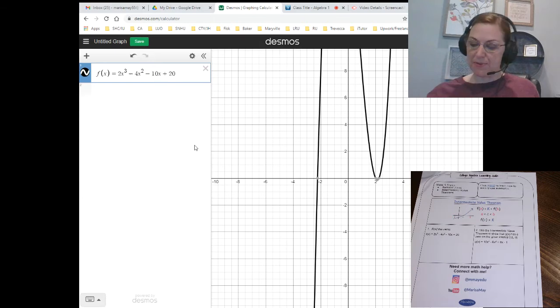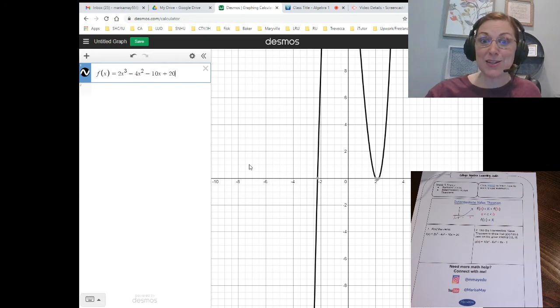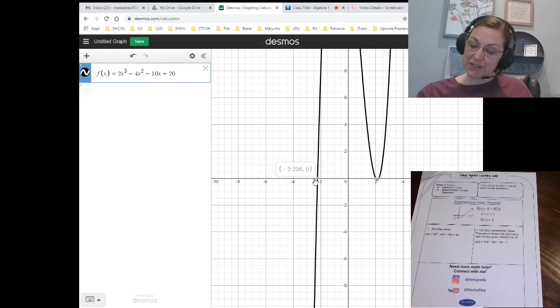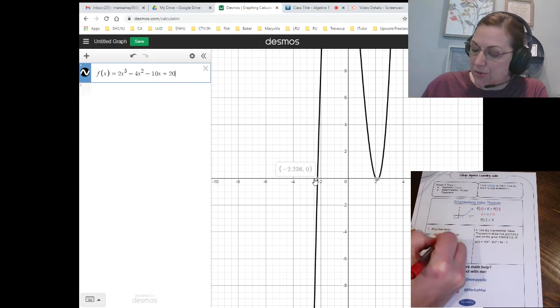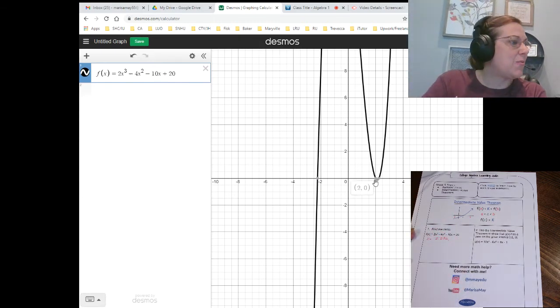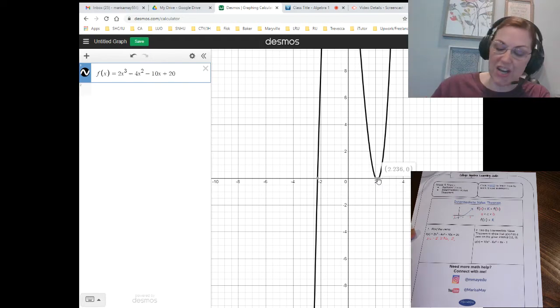Now, remember, finding the zeros, roots, solutions, x-intercepts, they all mean the same thing on a function. So if you're being asked for the zeros, you're being asked for the x-intercepts. So you can look at them here on the graph, and I'm just going to write them down pretty simple. That is x equals negative 2.236. And the other one, I've got like three of them here, so be real careful. I've got 2. Oh, that one's not going to work because that's not an x-intercept. That's just a low point. And then I've got another one at